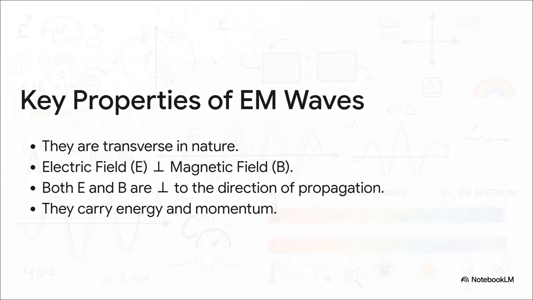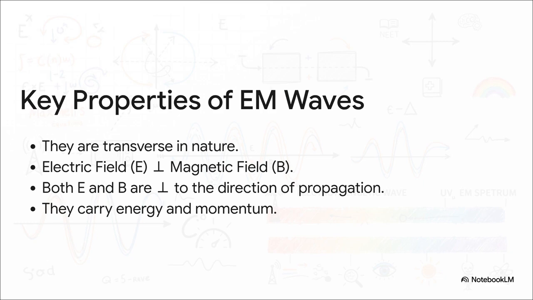So the most important thing to remember is their geometry. EM waves are transverse. All that means is that the vibrations are perpendicular to the direction the wave is moving. And to be really specific, the electric field vector E, the magnetic field vector B, and the direction the wave is going are all mutually perpendicular. Just picture a 3D coordinate system with one on the x-axis, one on the y-axis, and the wave zipping along